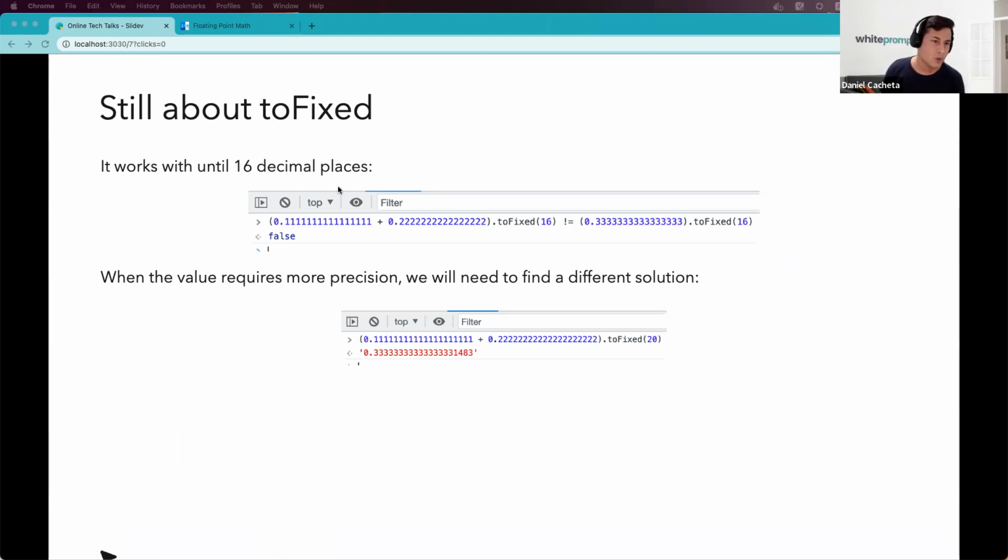And it works fine if we have up to 16 decimal places. Here I added 16 ones and 16 twos, and compared with 16 threes. Are they different? They are not. It's fine. But then, if your requirements need more precision on this number, more than 16 decimal